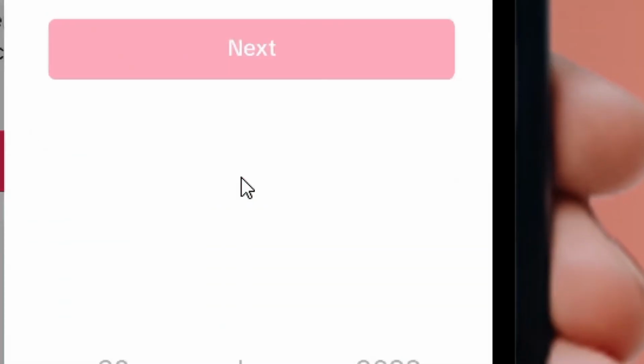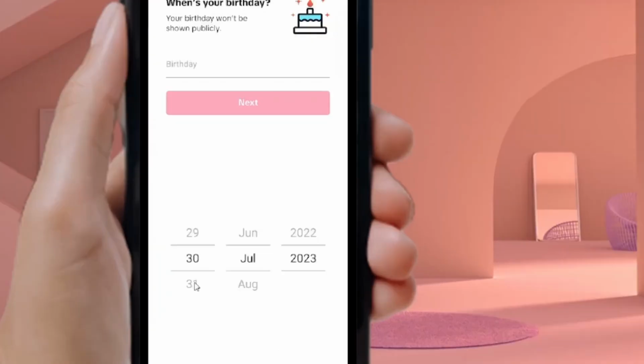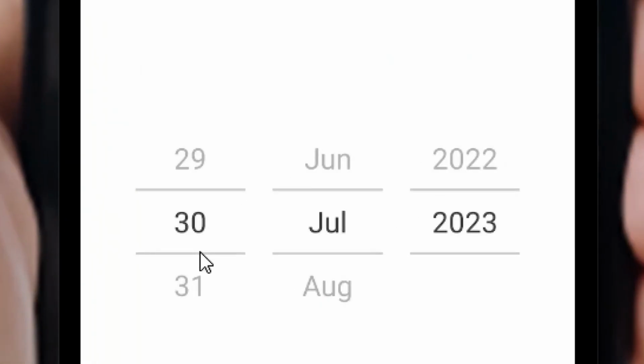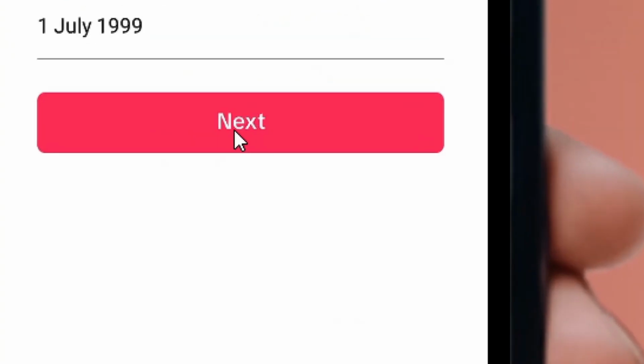Okay, so after that, what you have to do is simply come and set your date of birth by coming to put it right here. But when you come down, just scroll down. As you can see, you can simply come and then set the day, the day of your date of birth, and then the month. After setting the month, then come and set the year just like this one, and it is going to appear just like this one. And then simply come here to where we have the next and then tap